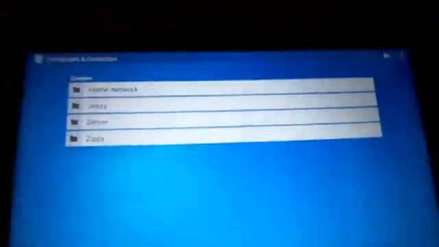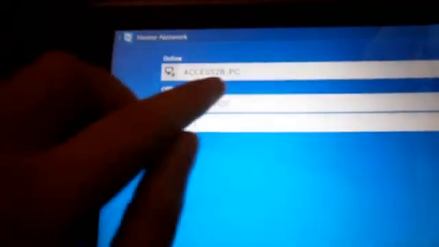What else do I use on here? Obviously the Play Store. This is a really good app. This is TeamViewer. All my apps by the way are free, so TeamViewer is something again that I've loaded on here. I have a TeamViewer account and I'm logged in, and I can actually connect, if it will let me, to my PC